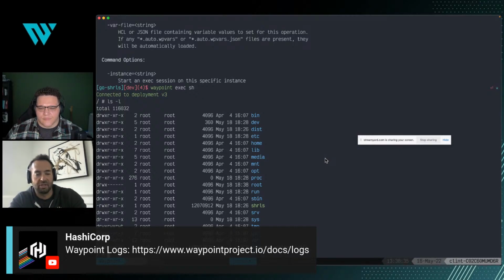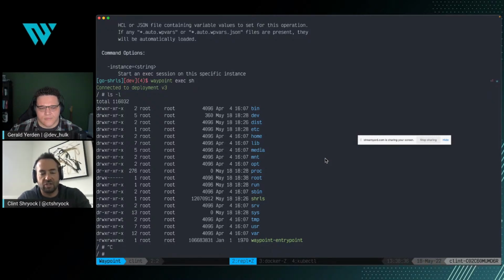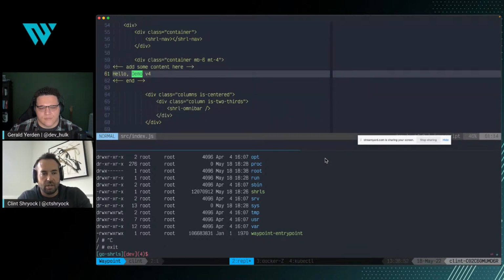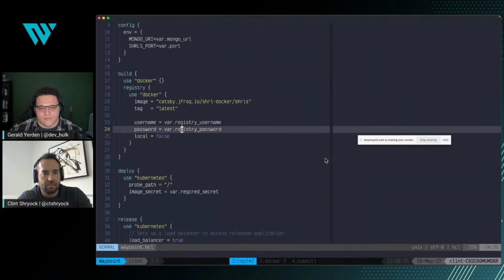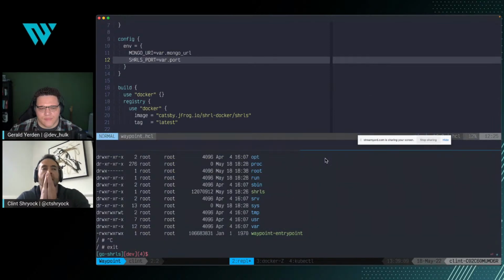I guess I could talk about the entry point. The entry point is injected into the container, and it serves as a front point to talk to the Waypoint servers. So if I were to change something in the configuration, maybe add something here, I think that should dynamically update into the running pods. I might need to run a command to do that. I forget. But the entry point is a binary that basically gets injected into the container, and it serves as